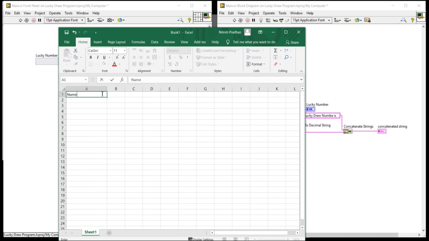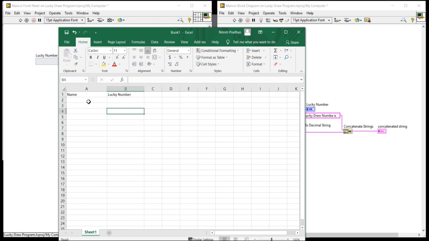Name, lucky number. So now I need some names. I will use these names for our database. Siva, Hari, Sai Kiran,